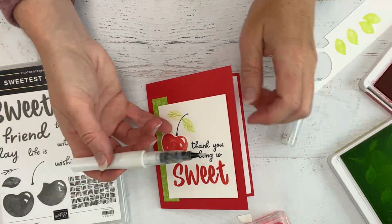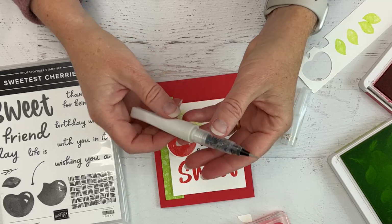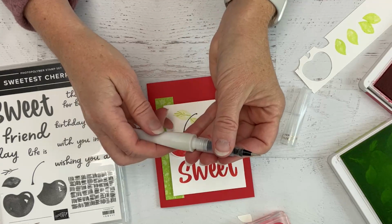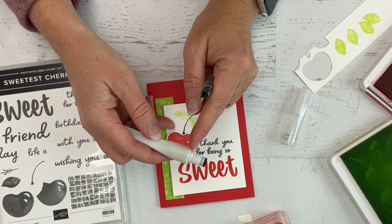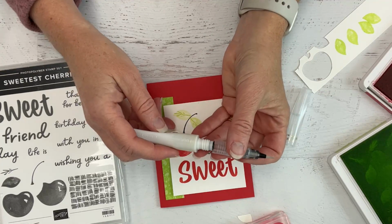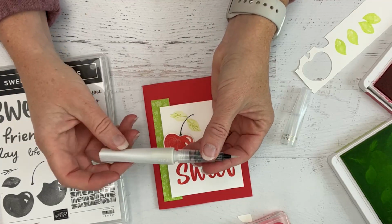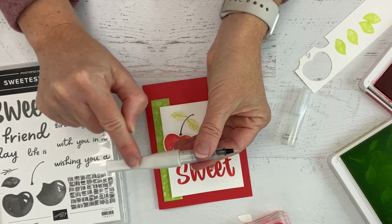And so this is kind of like a water painter here. When you first get it, I'm going to remind you, when it comes, there's going to be a black plastic ring right here, and I kind of wish I'd saved it, because you have to puncture the capsule to start this. So this black plastic ring in here is available for you to pull off once you've unscrewed the tip. And when you screw this back on, can you see this little piece right in here? That's part of the nib, and it screws back in, and it punctures